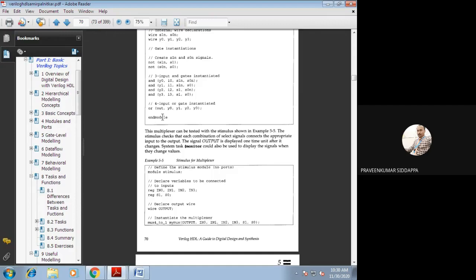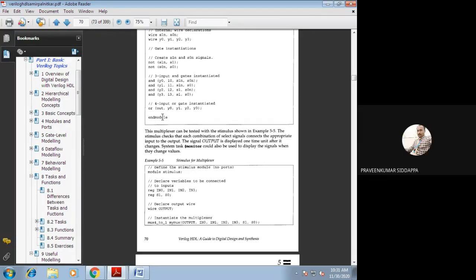Okay, so this is the coding part. Any doubt regarding this code? Any doubt? No, sir. Will you write all the codes using the gate level description? Any codes if I give? Any doubts regarding this gate level modeling? No doubts?